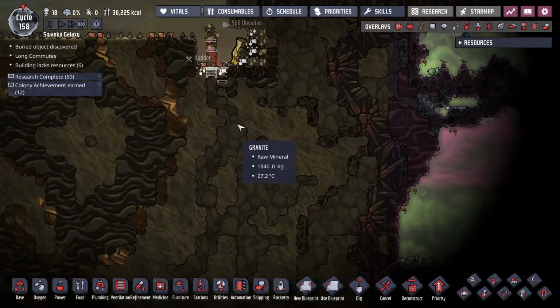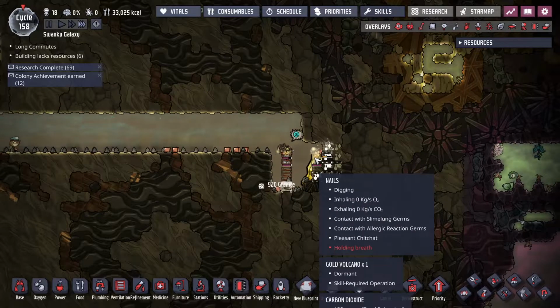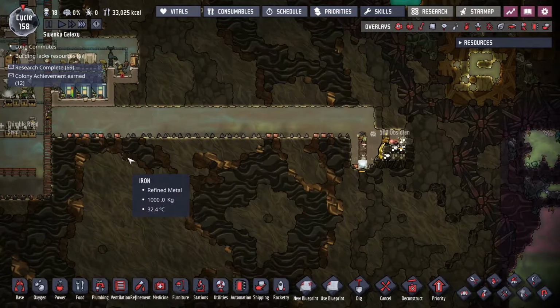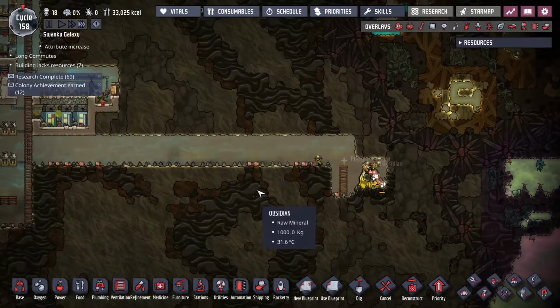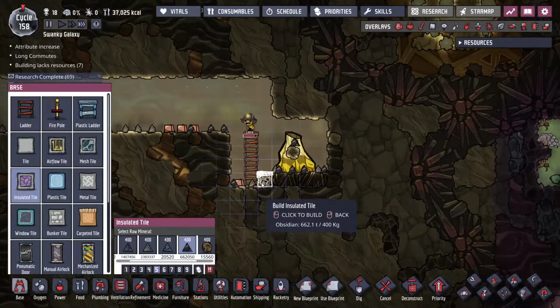So I know I've said this before on Badlands, but I'll say it again. Gold Volcano is like the second most important vent you want to find. You want a polluted water vent and a gold volcano on Badlands because there's no gold amalgam, so getting gold is hard. Alright, and that's dormant, so we can probably just...